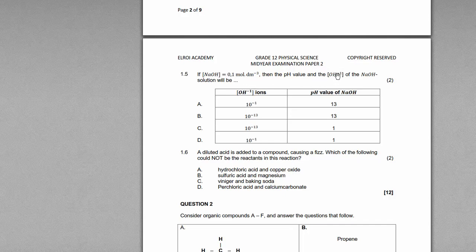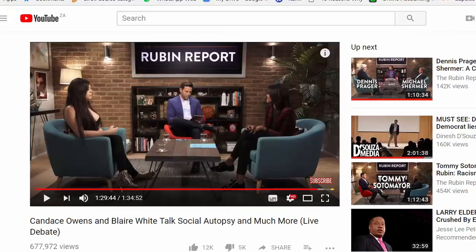So this OH concentration would be equal to that OH concentration, which just means the number of ions would be 10 to the power of negative 1. Okay, so it's just the same for OH because it completely dissociates. So in that case, it's either A or B. The pH value, and remember,